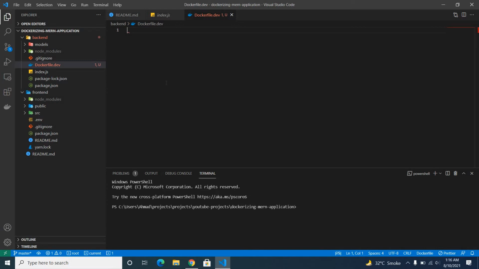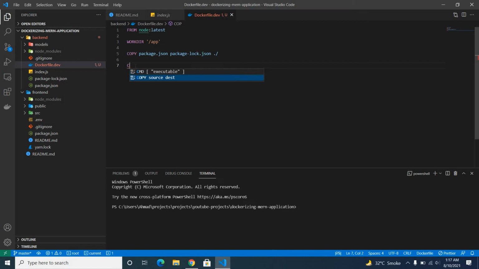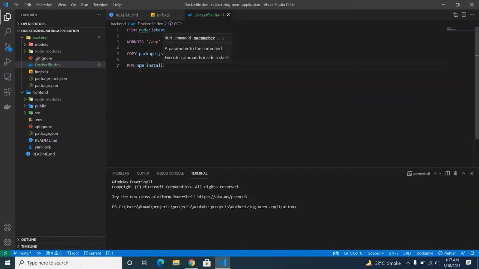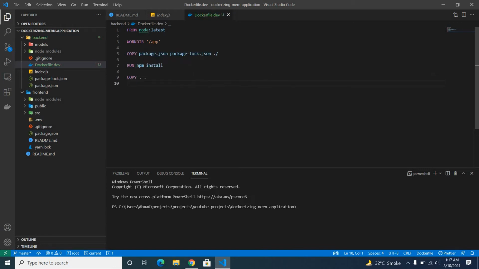So first we need to get the latest image of node from Docker Hub, and then we need to set our working directory to app, and then we need to copy the package.json file to our app directory, and then we need to run npm install, and then we copy all of the code.